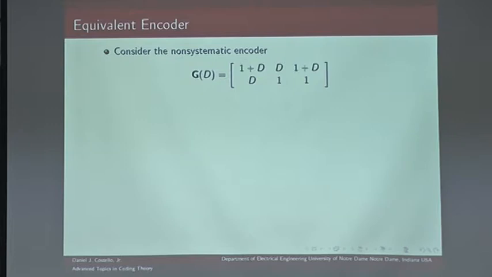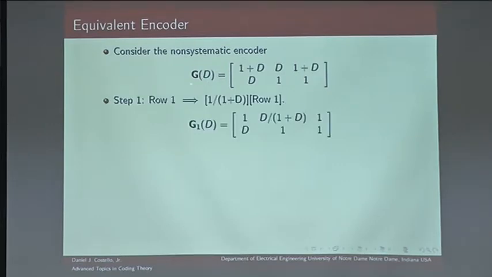And you can do the same thing here in the polynomial domain. Now, the thing you want to be careful of is, in doing this, you would not want to produce an encoder which had more states than the one that you started with. But the way you do it, and I'm not going to go through all the details, because this lecture's got a lot in it, and it's late in the day. But basically,